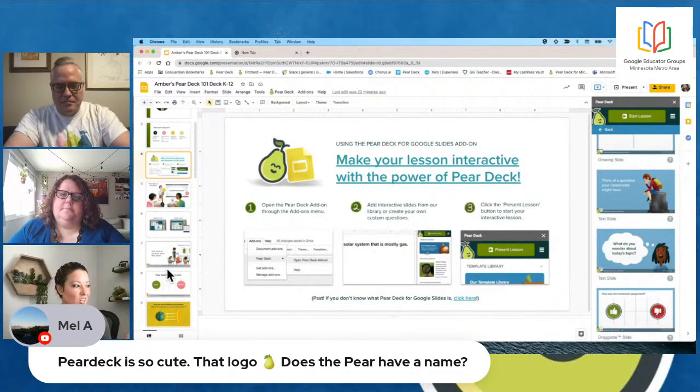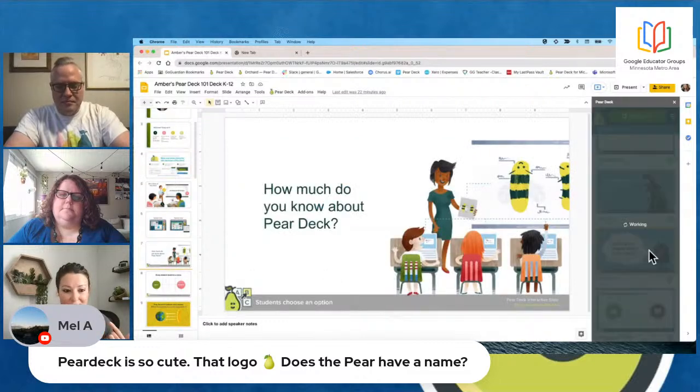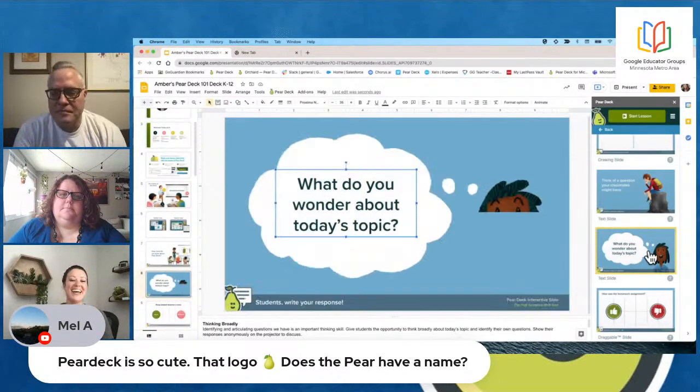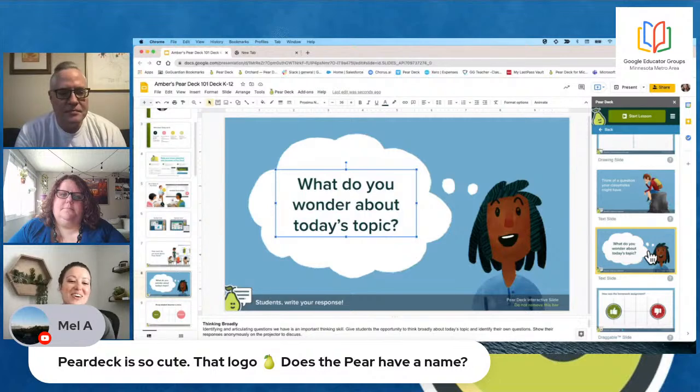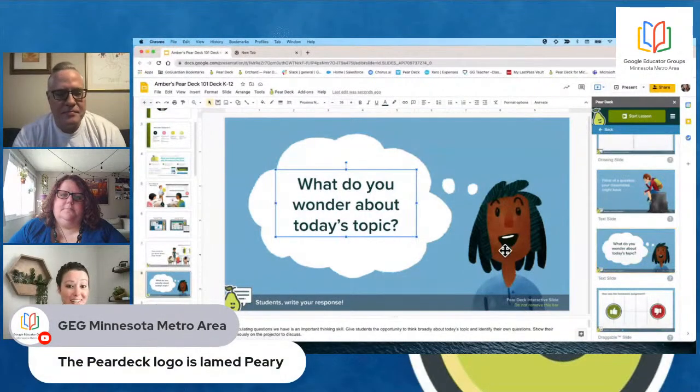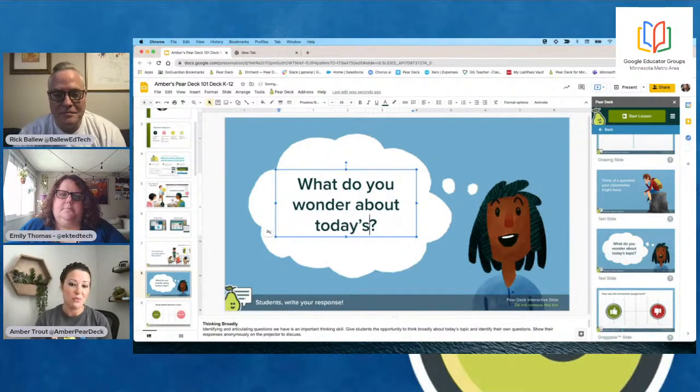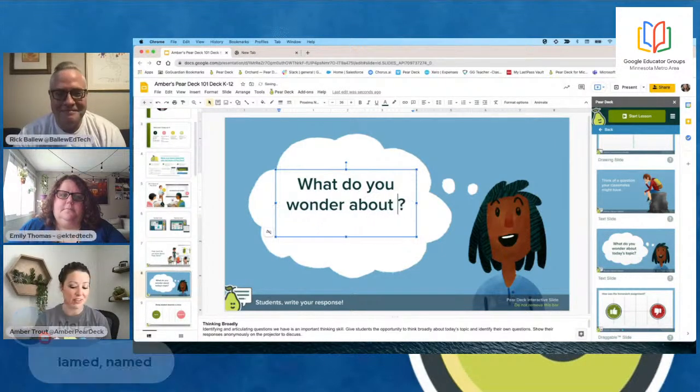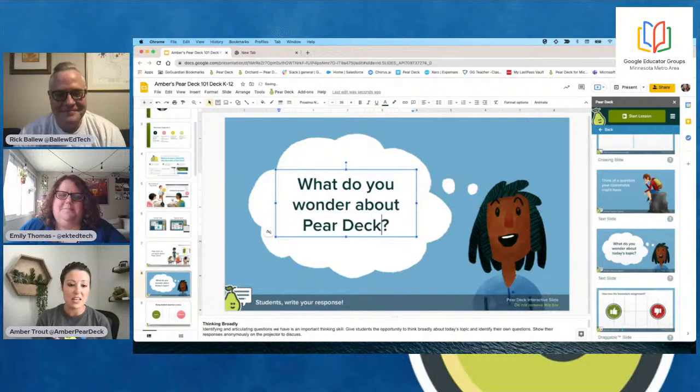Just click where you want it in your presentation. Click one time on the template, just one time, and it's going to populate right into your Google Slides presentation as soon as my internet loads. And you're good to go. You have an interactive slide and you don't have to worry about anything. You didn't have to do but one click and you're in. Also, these are customizable, 100%. Take off whatever you want, make it your own custom slide, do whatever it is you want.